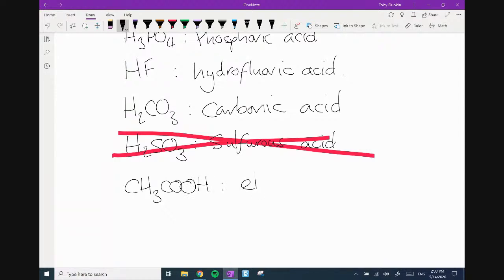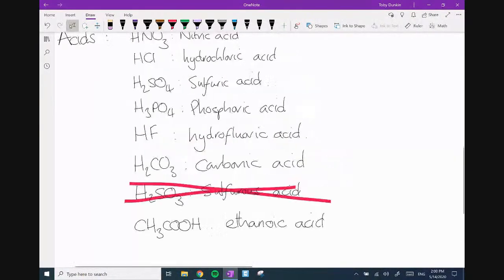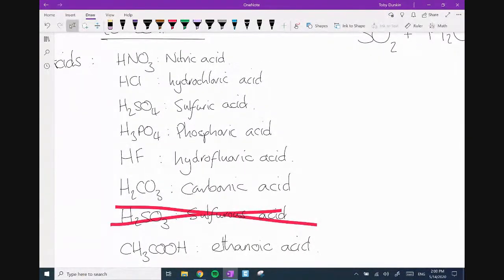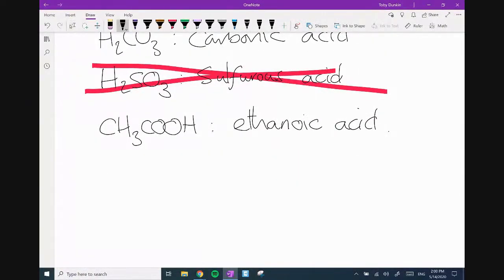Ethanoic acid. Well done. Do you know what? I love the fact that you guys have got such a great knowledge base. Look at that. I want to add more to it, though. There's a few others I want in there. What about HBr? Can someone give me the name of that one, please? On the chat. Rooming, we've already had sulfuric. I know that. Moses gave me sulfuric. Oh, Shan did as well, but both spelt it wrong. What about methanoic? Ashley, well done.